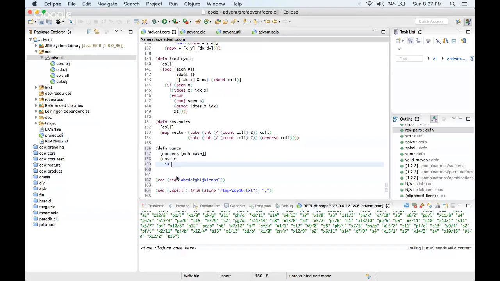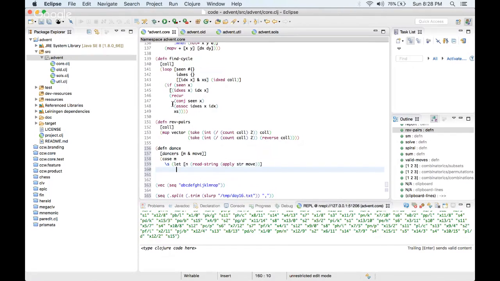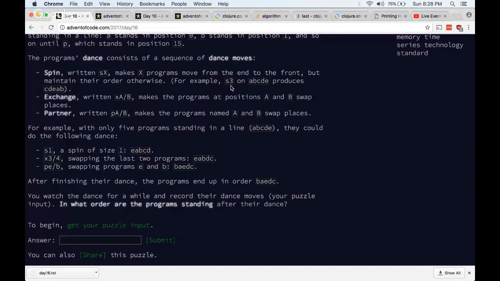So we can say that if it starts with the S character, then we know that we need to do a spin. So we need to turn the rest of the move here. Will this work? I think because of destructuring, it might not. So let's just do this here. So here, we'll have our number n, the number that we have to spin the dancers forward. Based on the example that they provided, spinning forward means spinning to the right. So in order to spin to the right, I think what we can do is